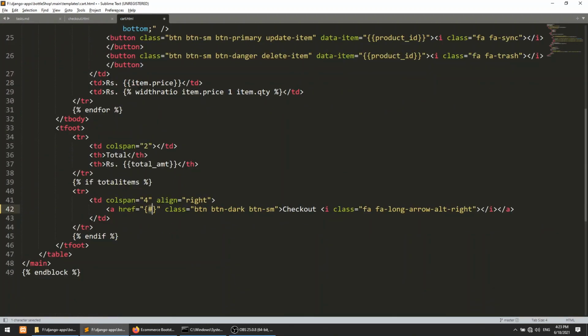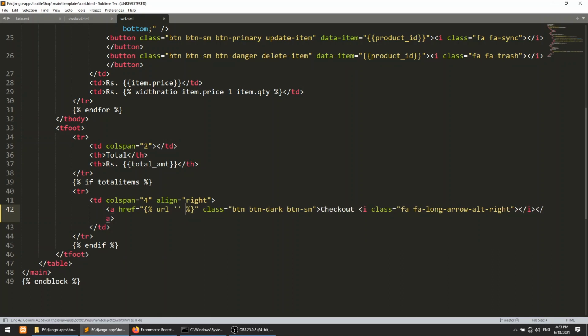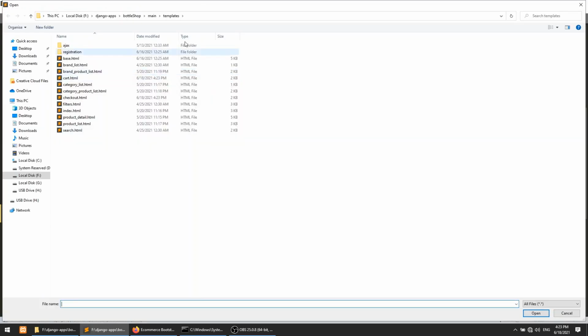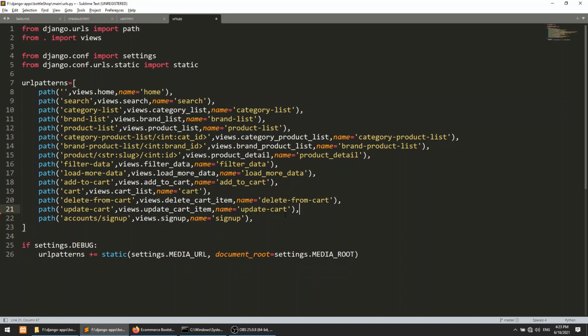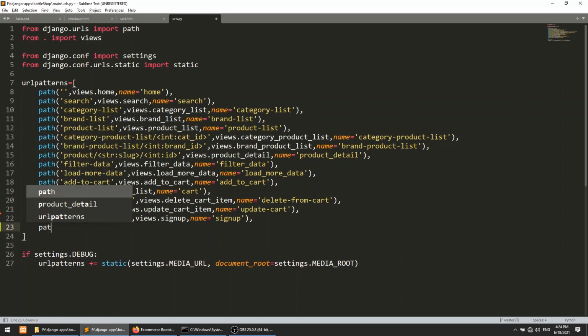So here we will define the URL. We have not created this URL yet, but we will create it soon. So here we have checkout. Now let's open the urls.py file and open our checkout page path.